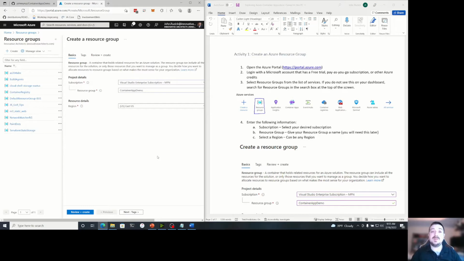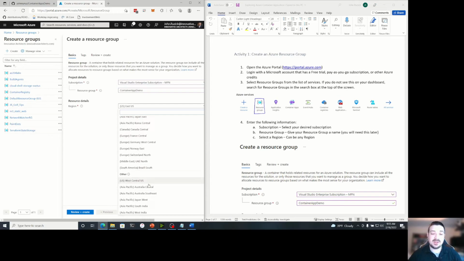Container App Demo. You can name this whatever you want. And you can put it in whatever region you want. I'm going to put this in Canada Central, and that's just because of how this exercise was put together. When I put it together, Container Apps was only available in 2 regions.